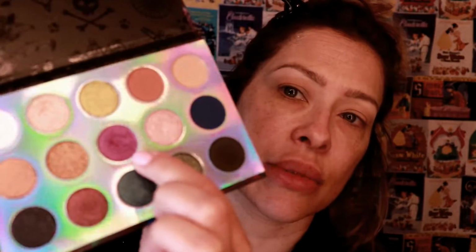Anyways, I'm going to use this, the Forest of Thorns, but it's a very light purple. God, it doesn't even pick up on camera, the color, but anyways. And then the Jelly Mutt shadow is kind of light. So in order for me to get a deeper look, I would have had to take a darker color,